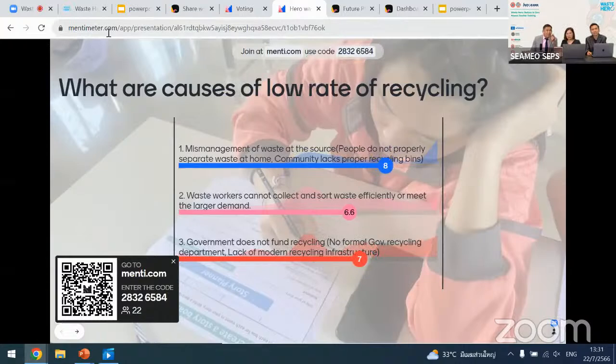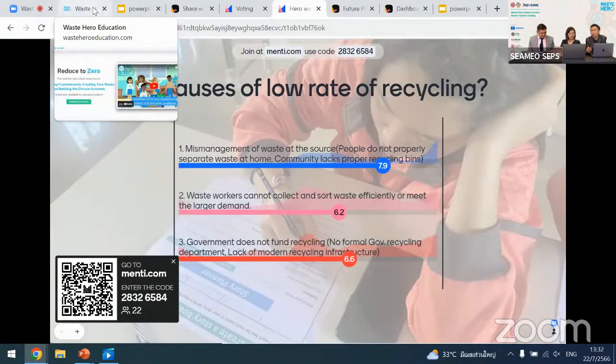You can see it's moving, so a lot of people are doing it now. And the last one, the government does not fund recycling departments, or there is a lack of modern recycling infrastructure. And we will see the best reasonable solution for this problem.